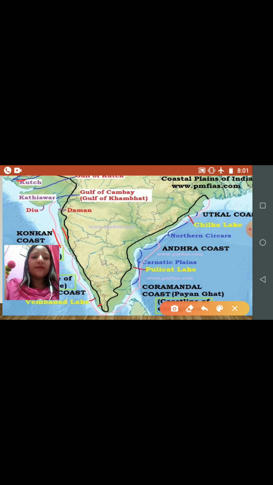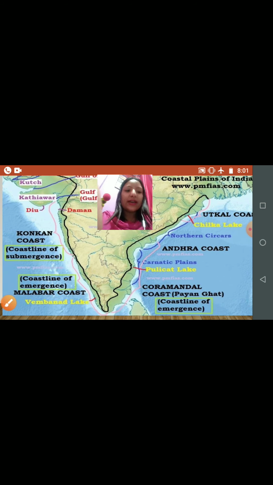The part of the coast that runs through Gujarat, Maharashtra, and Goa is known as the Konkan coast. The central part that passes through Karnataka is known as the Kannada coast. Then the southernmost part passing through Kerala is called the Malabar coast.